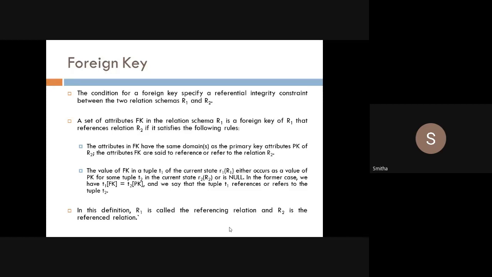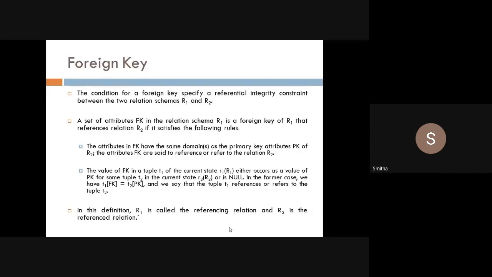relations. Okay, got it, students? Now what is foreign key? Foreign key means if I have two relations and I want to refer those relations using one key, then that particular key is nothing but foreign key. So here we identify uniquely using D number. First thing is it should be a primary key.